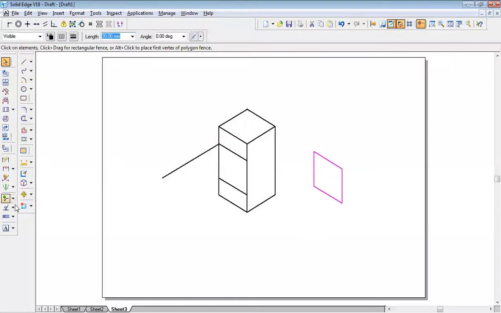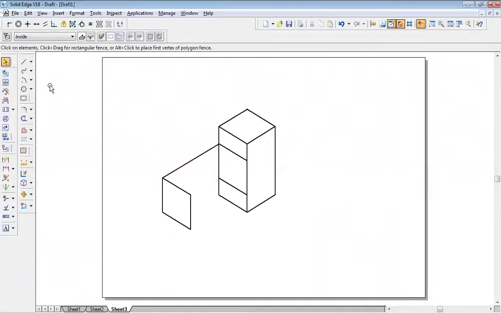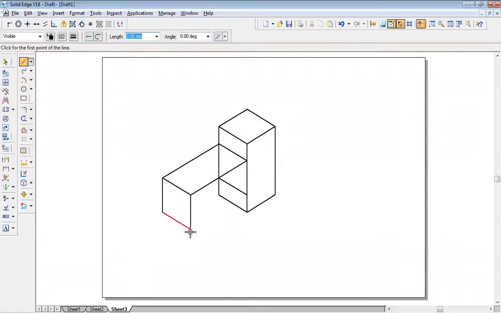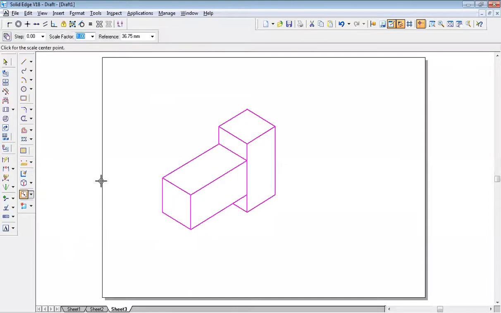Select it. Go to move command. Switch off the copy option. This tip, put it at this end, and go to line command. Draw a line from one corner to another corner, and trim off all the lines which are not required for you. Delete, delete. Using trim command, trim this, and trim this. This is how you do it in the system. 2 minutes job. Reduce the scale to 0.816. 0.816. Enter.